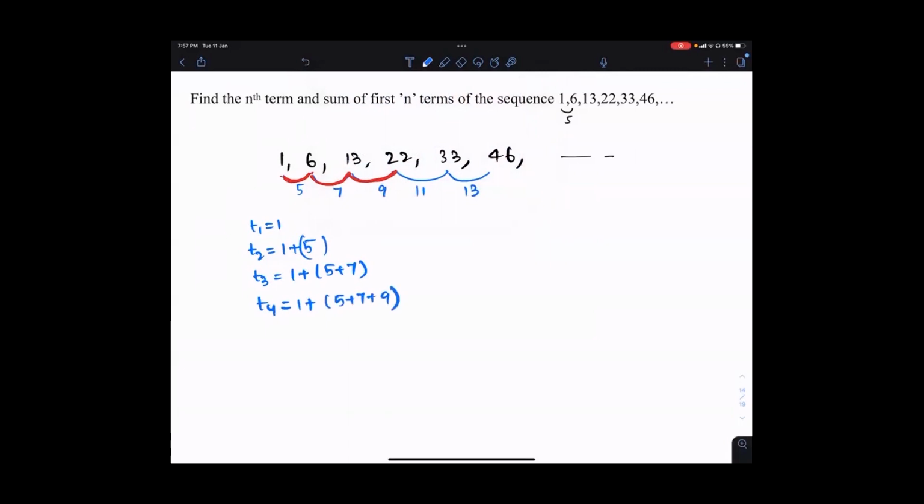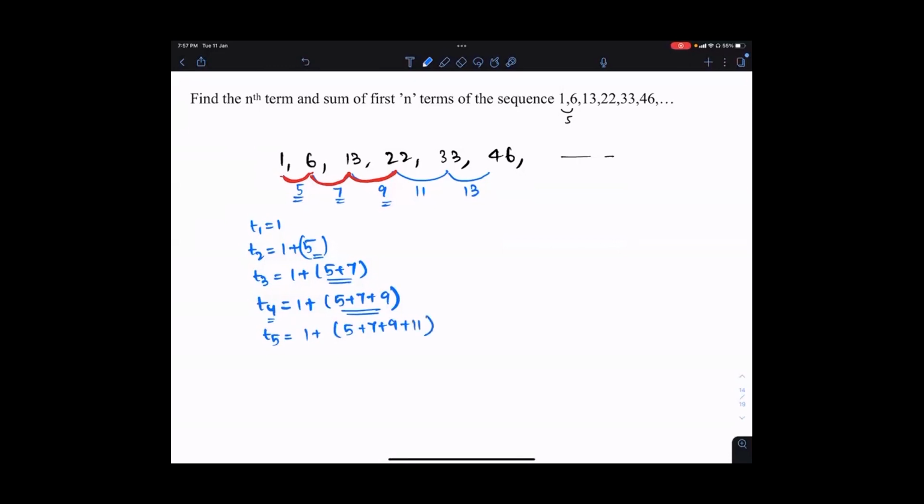So this will be valid for any question, guys. Whenever you have a pattern in the difference, it may be AP, it may be GP, doesn't matter. Here, the funda is, we are adding the differences to get those terms. So if you want the fourth term, 3 differences you have to add, the first 3 differences between the terms. If you want the third term, 2 differences. If you want the second term, 1 difference. If you want the fifth term, how many differences we have to add? 4 differences.